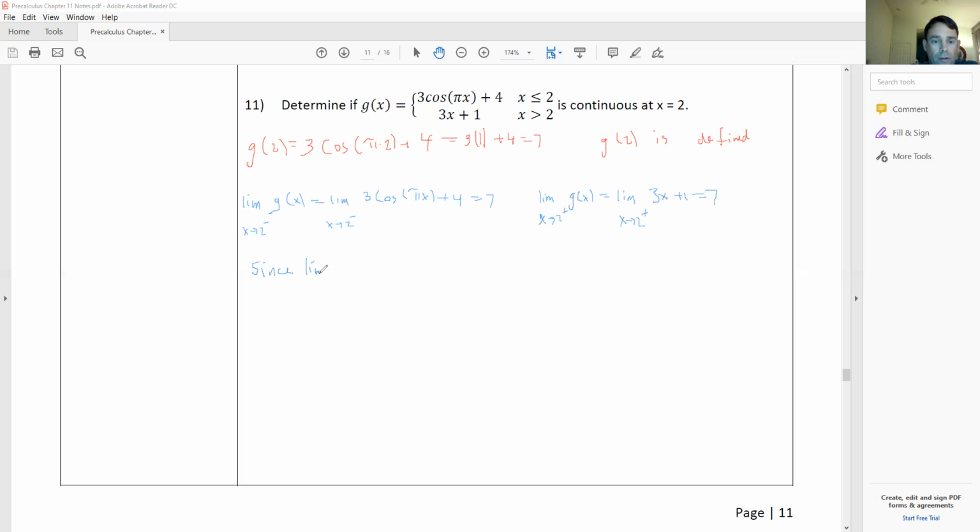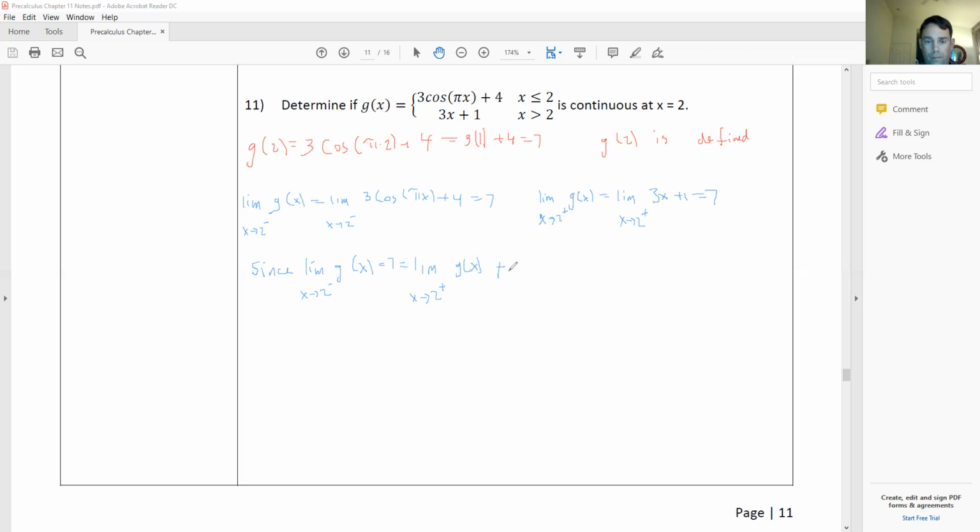So since the limit as x approaches 2 from the negative side of g of x equals 7, which equals the limit as x approaches 2 from the right side of g of x,